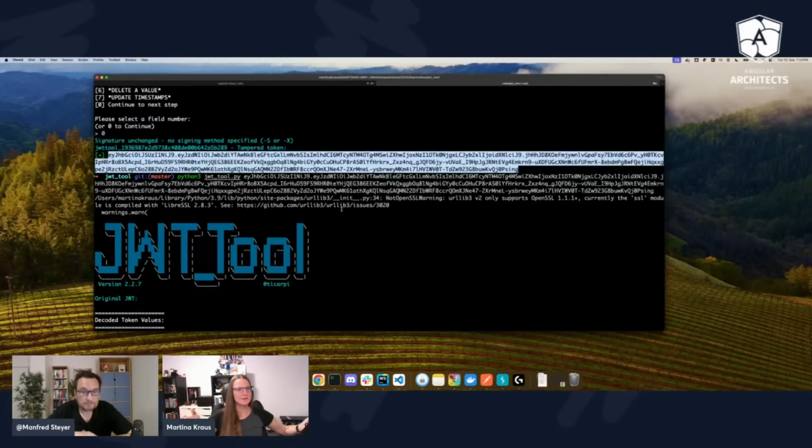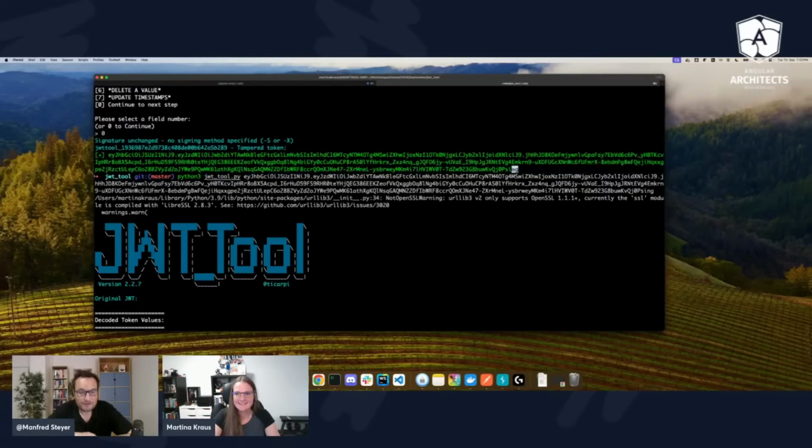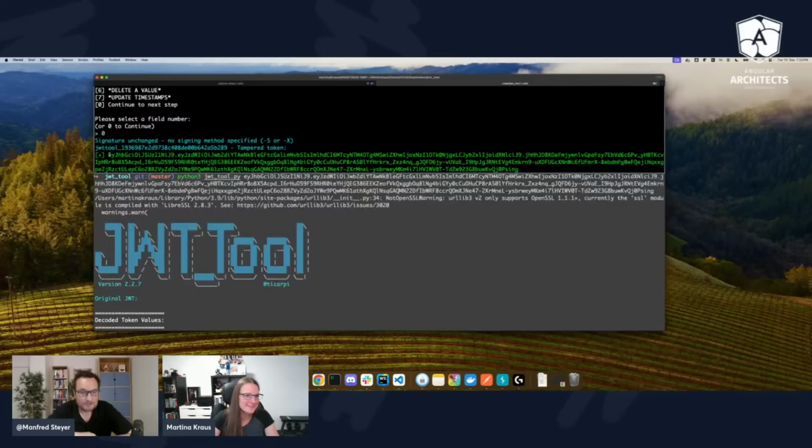But this is exactly what I'm trying to figure out, if the backend really actually checks the signature, because scarily, I don't know if scarily is even a word, but let's assume it is, there are so many backend APIs which are not checking the signature. Wow. So, I mean, we could imagine where this is going.